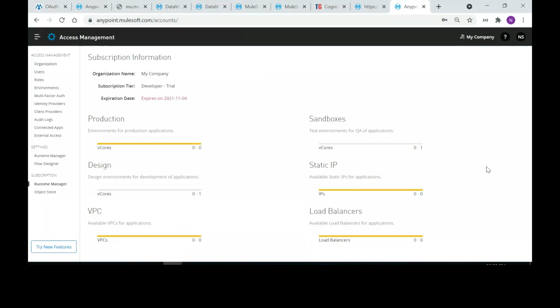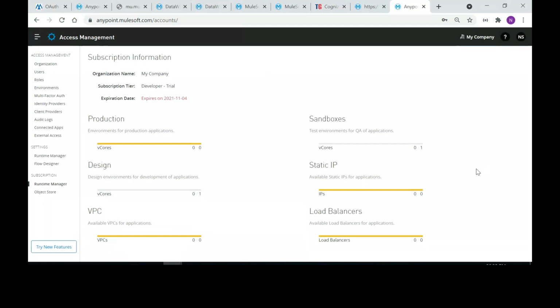And you will get 2 VPCs with 2 vCores. If you want an additional VPC, you'll have to purchase it additionally. But as per best practices, it's better to have one non-prod VPC and one production VPC. That's what I read. So a minimum of two VPCs is required.